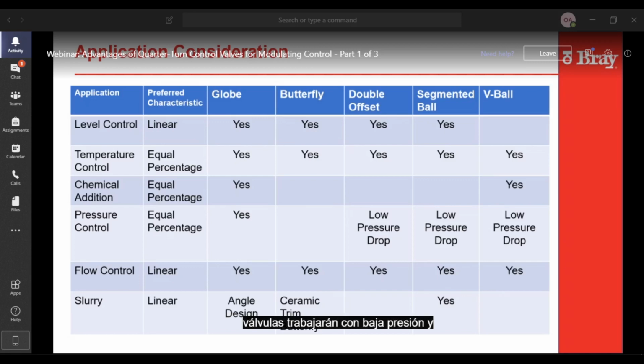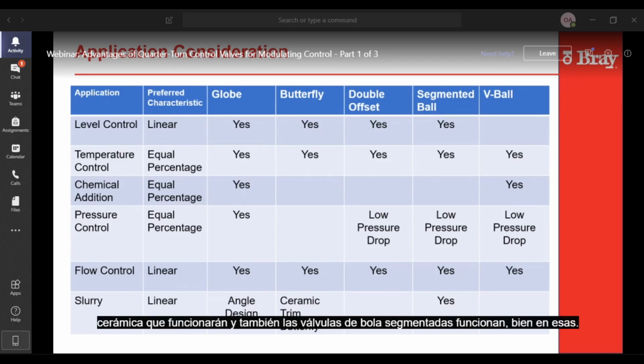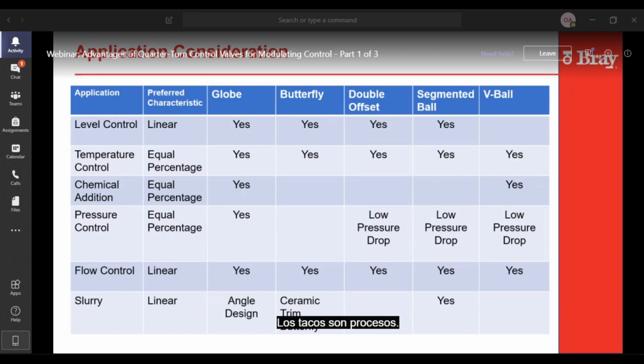And then flow control, you're just controlling flow, minimal pressure drop. They all work. If you have solids in the line in your process, you have some kind of a slurry, then an angled globe valve is the choice, or we have ceramic trim butterfly valves that will work, and also segmented ball valves work well in those type of processes.